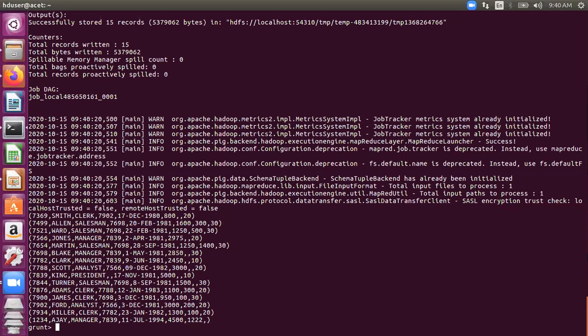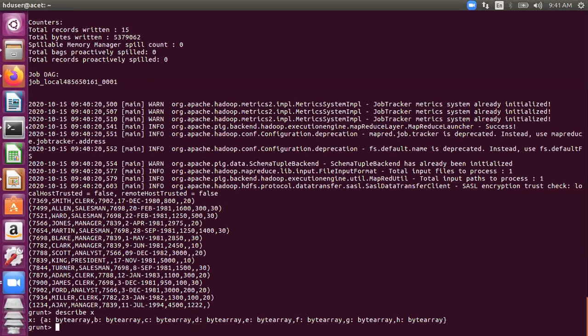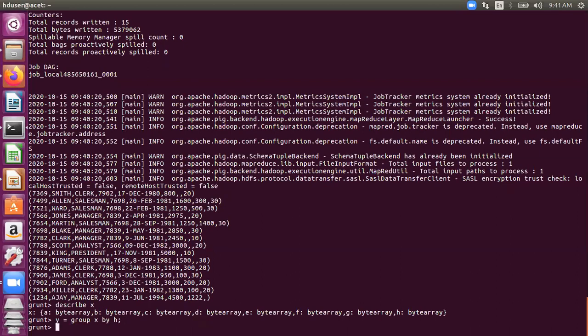I'll give you the schema for X also. The last field is the department number, that is H. So if I write group X by H, then how many groups would be formed? Kindly raise your hands to answer this question.